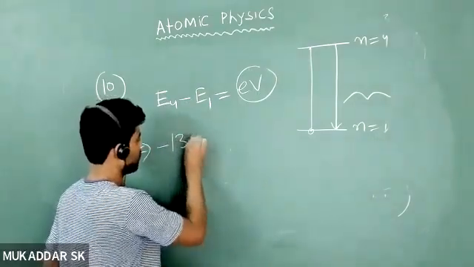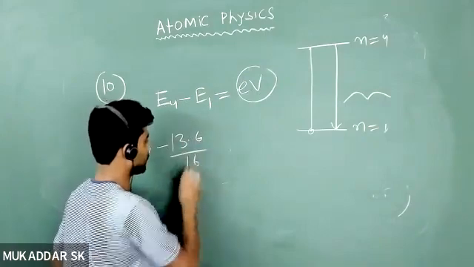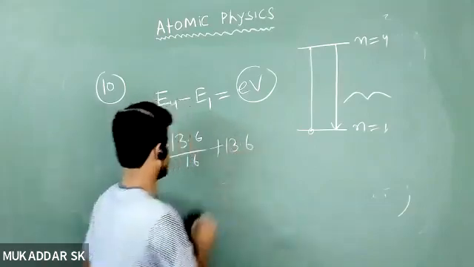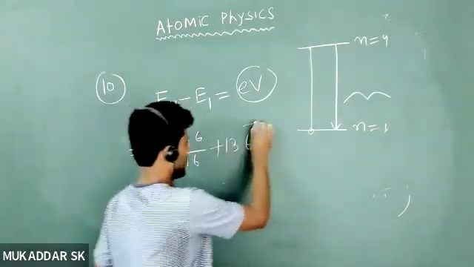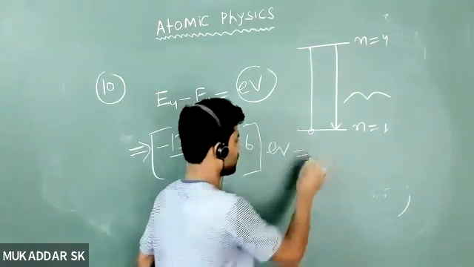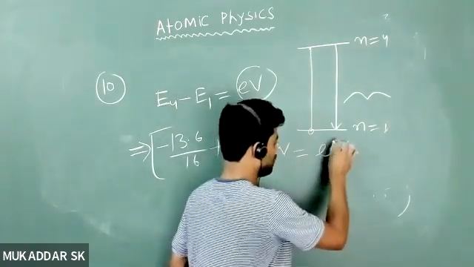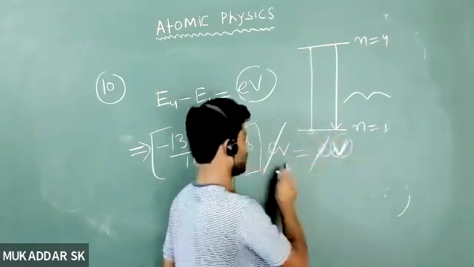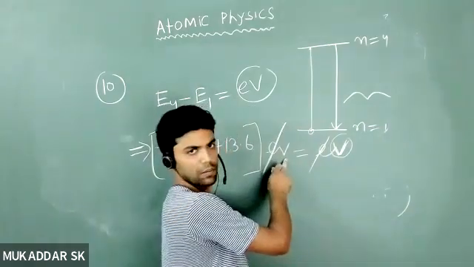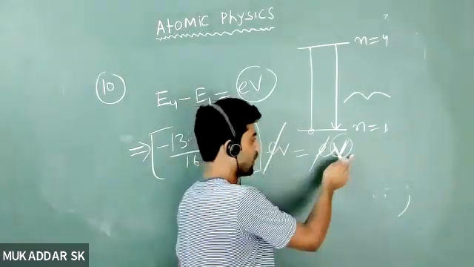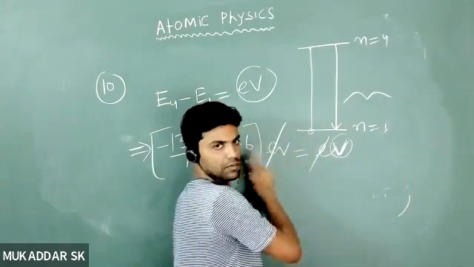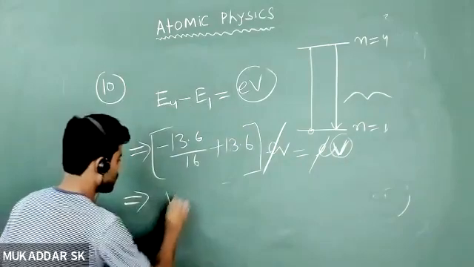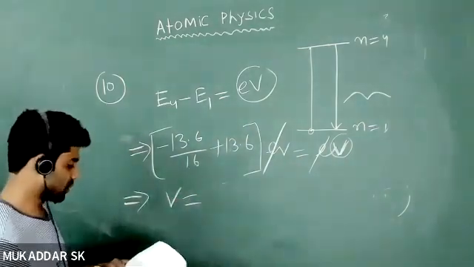E4 means minus 13.6 by 4 square, that will be nothing but 16. Then you will have 13.6, right? And that unit is electron volt. This side you have electron volt, E into V. V is the potential difference. So that will be cancelled, and that potential difference you will get in terms of volt. So on the left hand side you have the volt unit, and you have to calculate that potential difference in terms of volt. Electronic charge will be cancelled, and it's a very simple calculation. Nothing is there. So V will be nothing but how much? 12.8